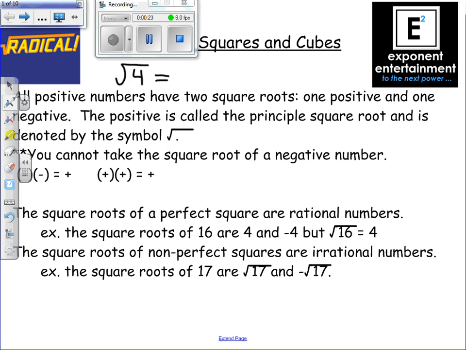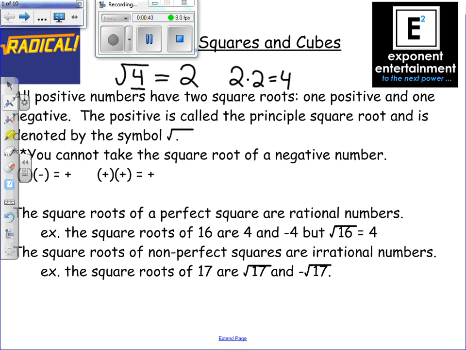it's equal to 2. Why is it equal to 2? Because 2 times 2 is 4. That is true. So when you take the square root of something, your answer multiplied by itself should give you this number right